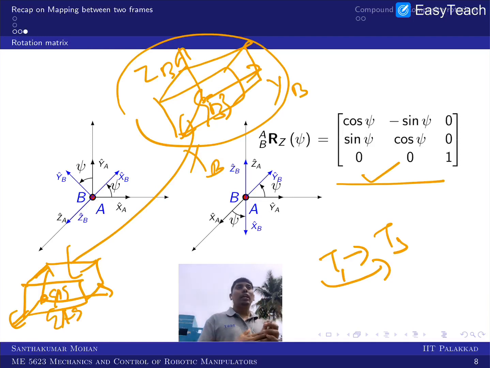Then what Euler has really prescribed is z, y, z. Okay, so in the sense, the z axis of a moved frame is rotated first, then the y axis of the moved frame second, and again z axis rotation, third, of the moved frame. So this is one of the common ways Euler represented it, which we call z, y, z. This is what in our course we call Euler angle representation. Why is this so specific? Because in the manipulator we cannot make RPY form, but we can easily make ZYZ or ZYX form. ZYZ is easiest. That is what we are going to use in the manipulator theory.